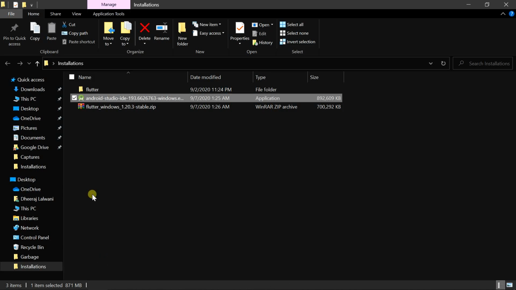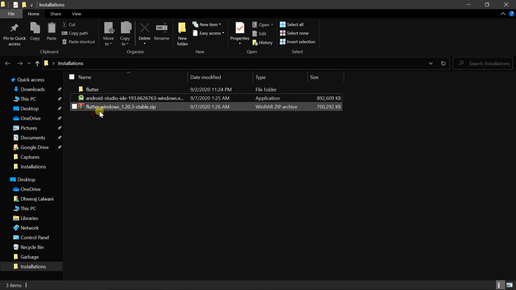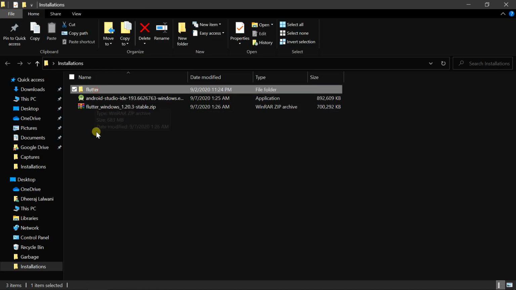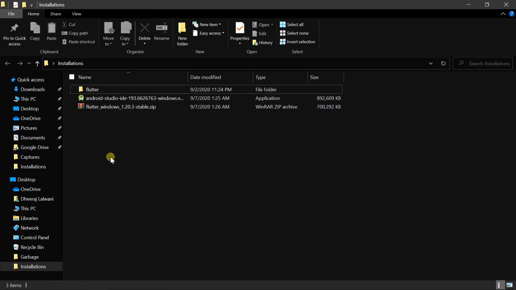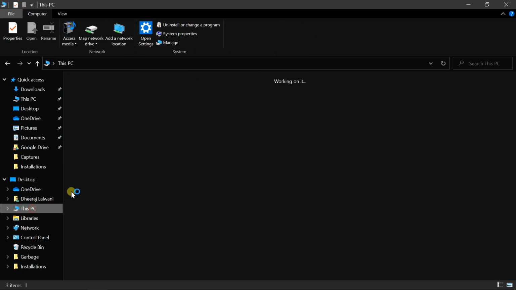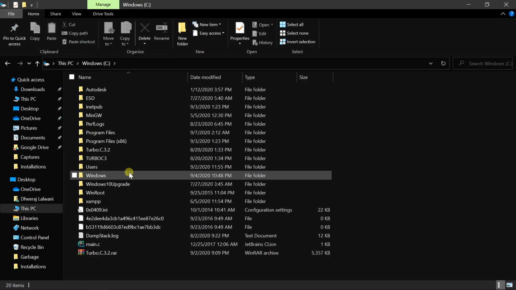Just to mention, I have extracted and kept the Flutter folder so that we can save time. For the installation of Flutter, you need to go to This PC and the C drive and make an arbitrary folder.